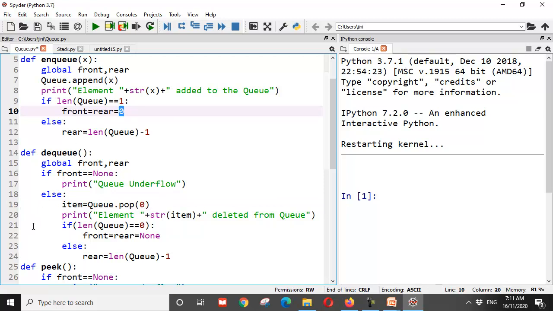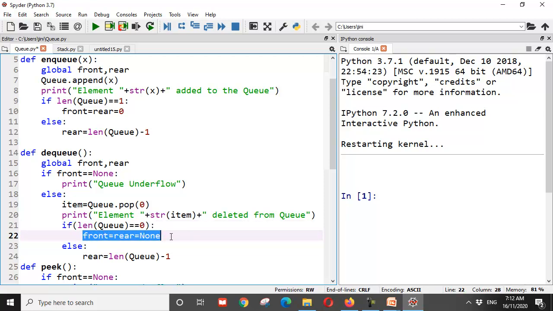Now, after you delete an element, you realize that there is nothing in the queue. That means the length of the queue has become 0. Then in that scenario, haven't we come back to our initial state of an empty queue? Correct? And if the queue is empty, will front and rear point to any particular element? No. So they come back to their initial state, which is nothing but None.